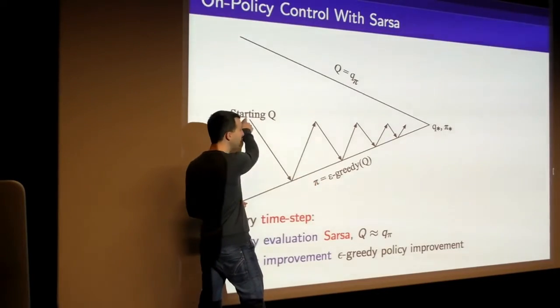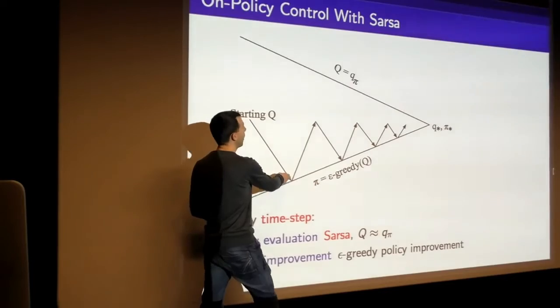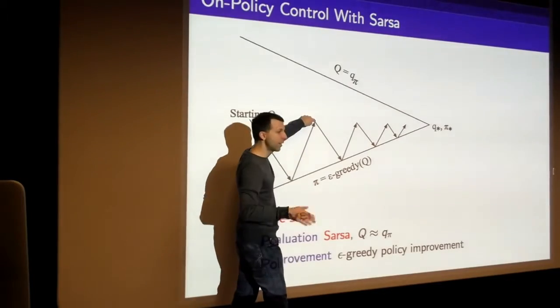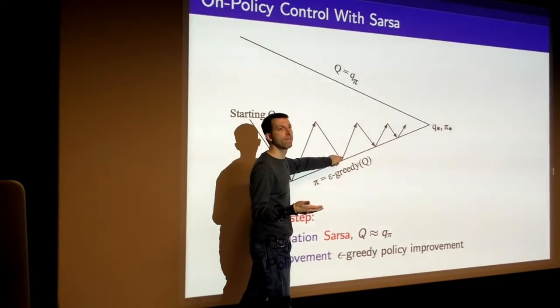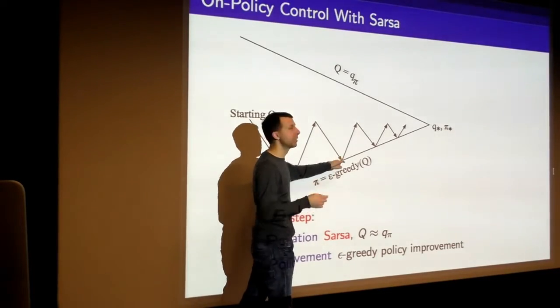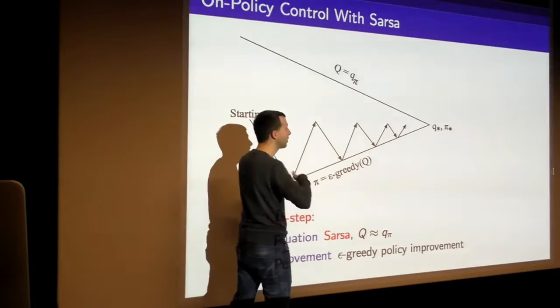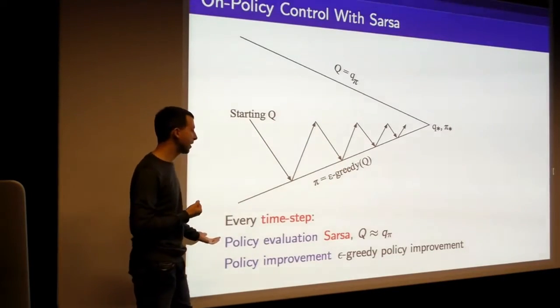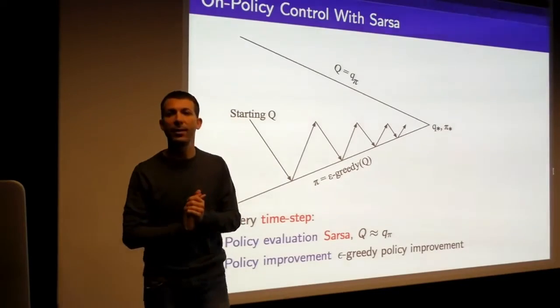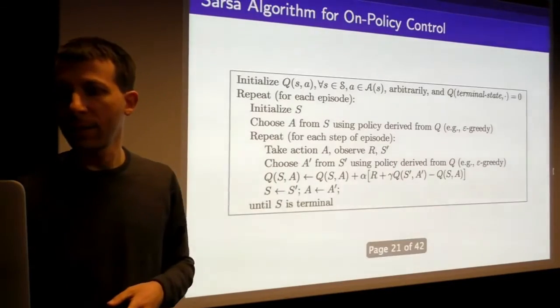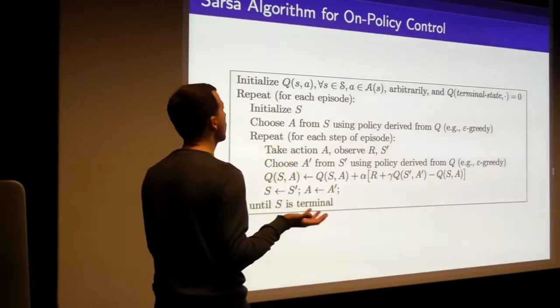And every single step we're going to evaluate the latest action I took and update my policy just for that one state action pair. Okay? So we've really got this very rapid process of evaluating by SARSA and improving the policy. Okay, let's try and get to know this a bit better. So what would an algorithm look like?